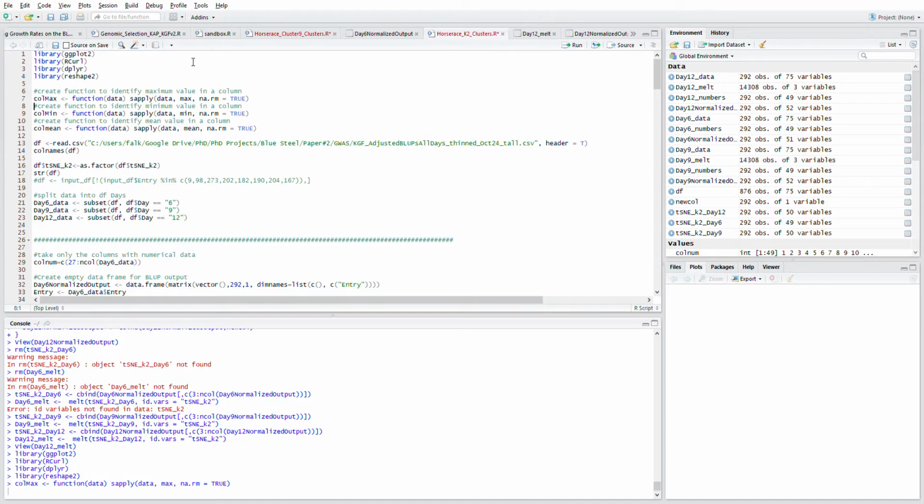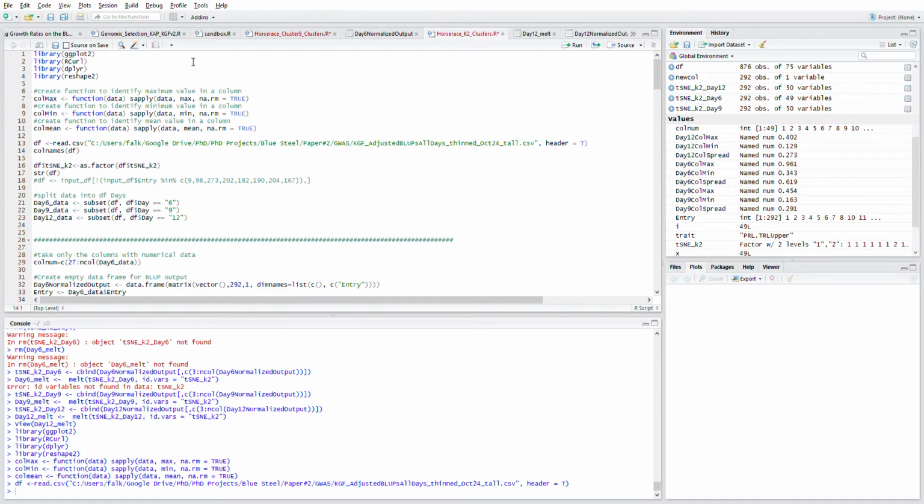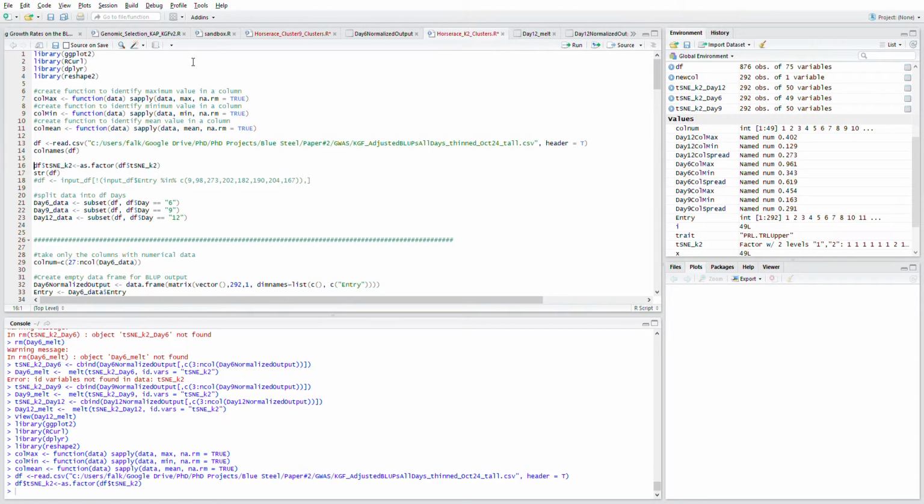A couple of functions that we'll use later, pretty self-explanatory: colMax, colMin, and colmean. Bring in the data, pretty straightforward. I'm going to be focusing on this particular column, and it is numerical values, but I need to make it into a factor, so it's not seen by ggplot as a numerical